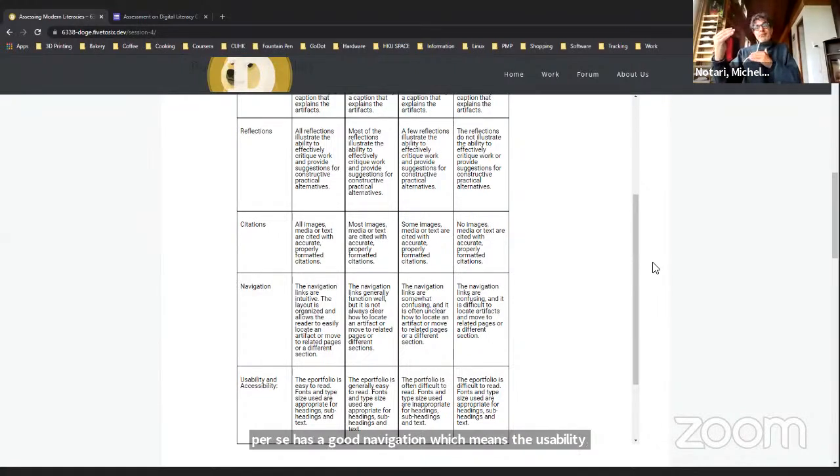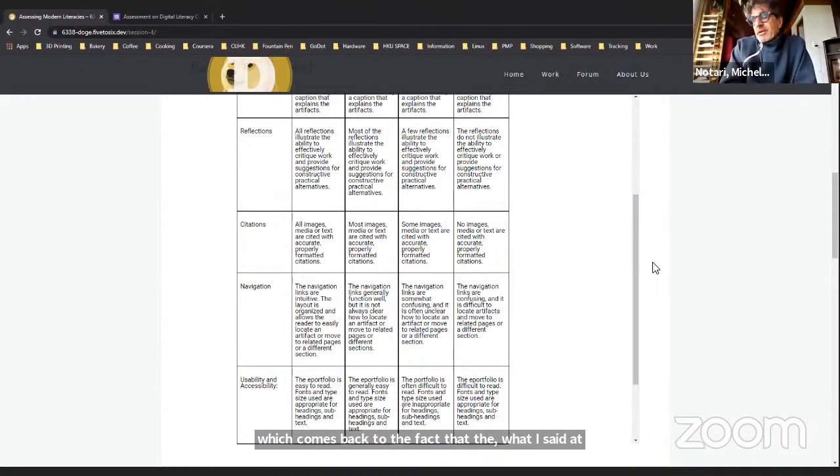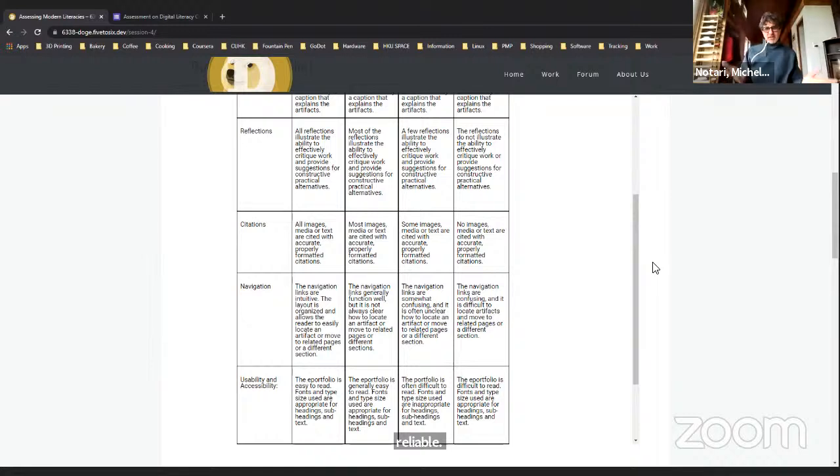So by having good usability, you already have a lot of points if you assess it summatively, which comes back to what I said at the beginning of the course. It is very difficult to have an appropriate and accurate assessment. It is not reliable. It is not objective at the end of the day, because it is very difficult to use. But